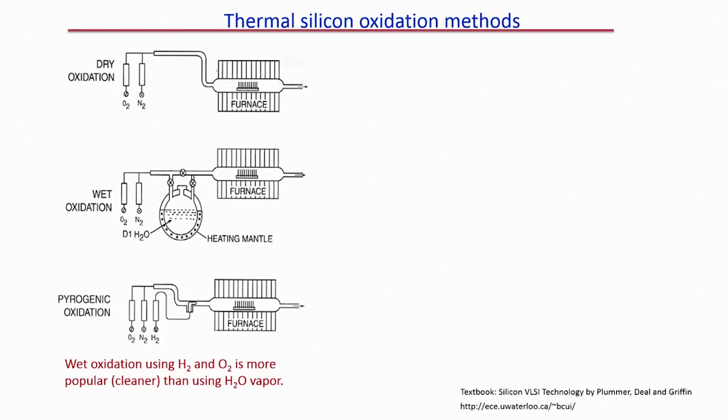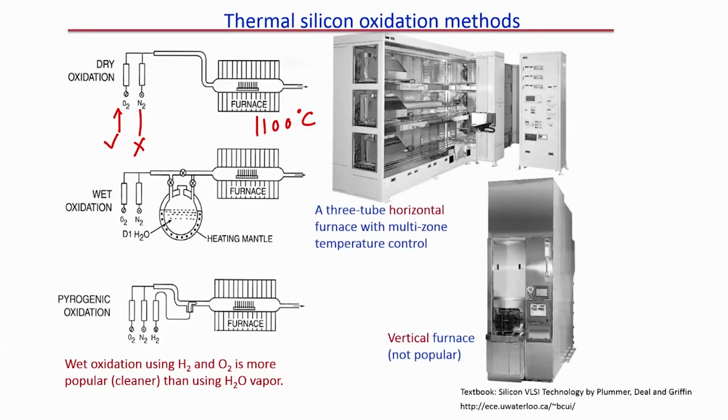Now, once the furnace reaches a temperature, let us say 1100 degrees centigrade, we will stop nitrogen and we will start flowing oxygen, so that silicon dioxide forms on the silicon wafer. Okay, that is the first thing. Second